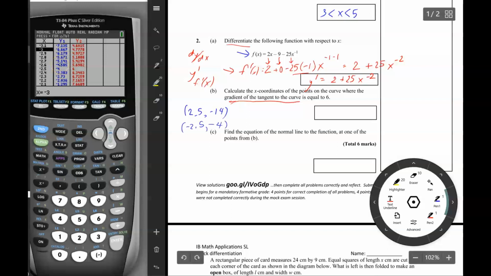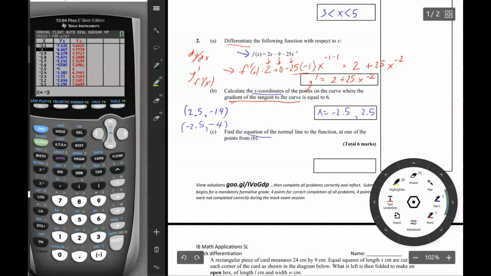So those are 2 points where the gradient of the tangent is 6, and I have now found that one of the points is at x equals negative 2.5, and the other point would be positive 2.5. They were just asking for the x-coordinates, so I'm putting just the x-coordinates in the answer box. I did find both the x-coordinate and the y-coordinate, because I'm going to need it in the next step,